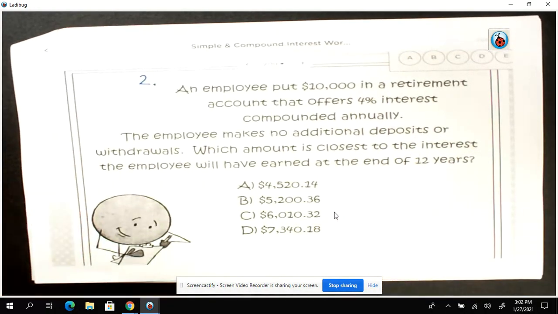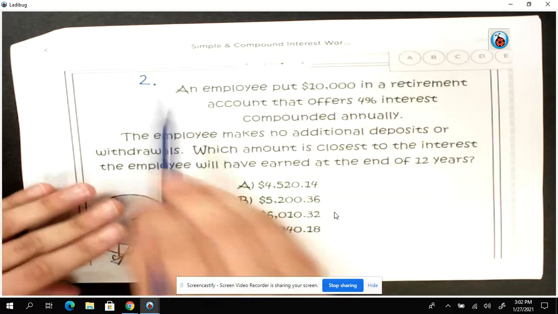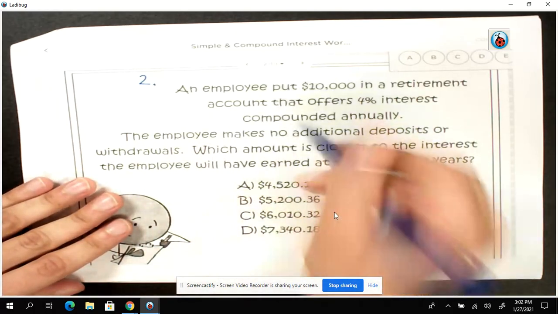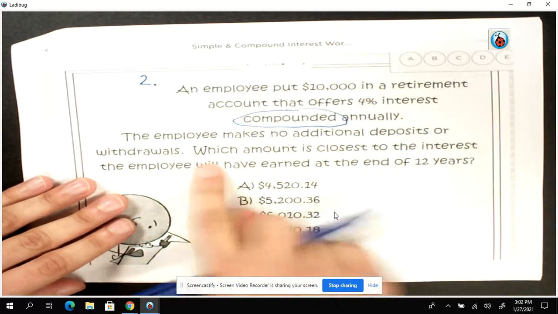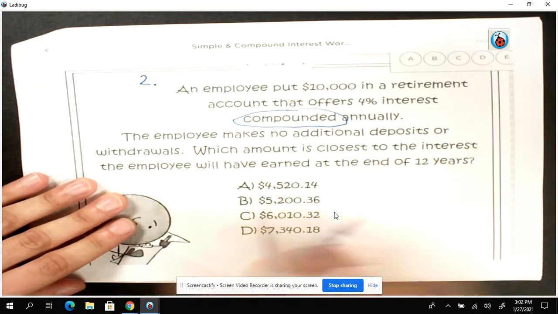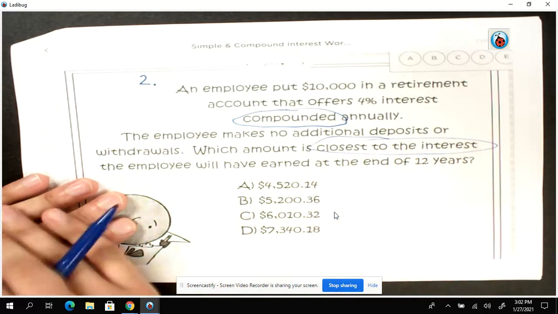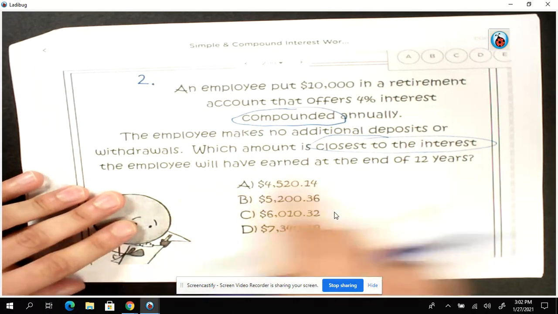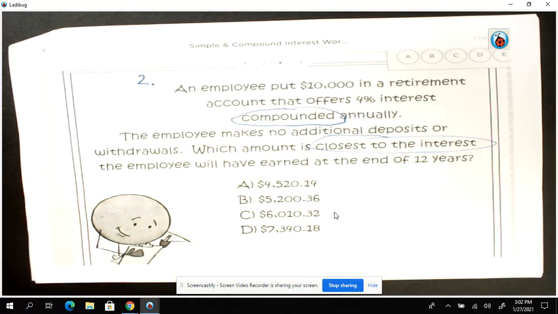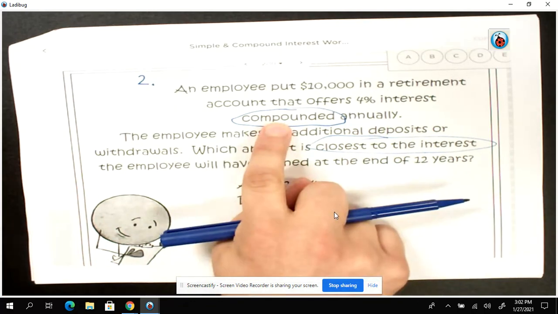All right, so let's just scan. What I like to do is I just scan through it kind of. So an employee, put more. Oh, here's the word compounded. Employee makes no additional deposit withdrawals. Which amount is closest to the interest? Closest to the interest. So it looks like they're asking for interest. We're dealing with compounded. The employee will have earned at the end of 12 years. Okay, so it looks like we're just dealing with one scenario. So that's good. Less work. And it looks like we're dealing with compounding. So that means,